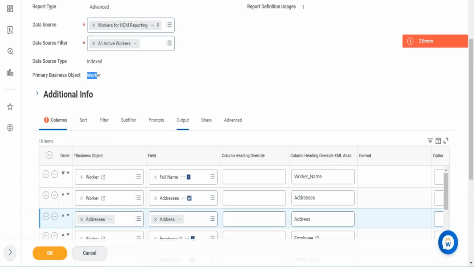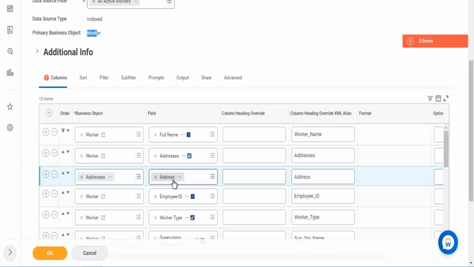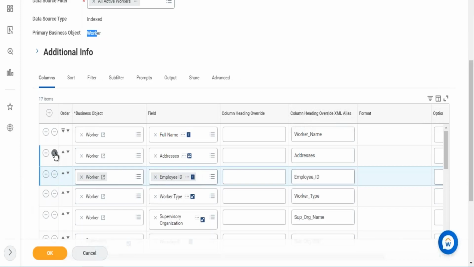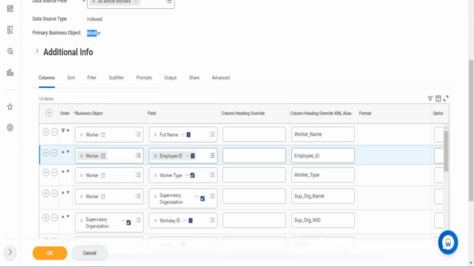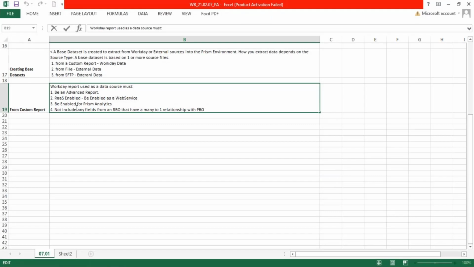Right? So at no point in time can I add a field from a related business object that has a one to many relationship with the primary business object. Okay, so it cannot include any fields from an RBO that has a one to many relationship with the primary business object. And finally, if your custom report includes a currency field,